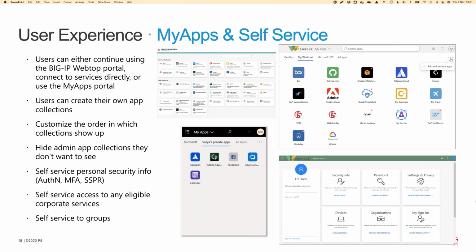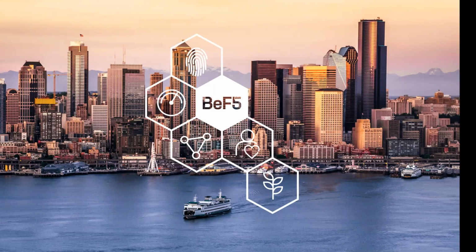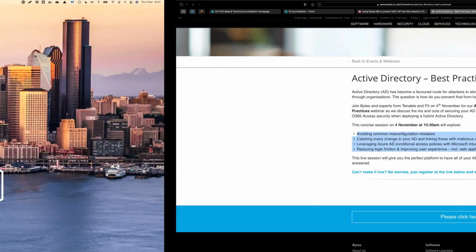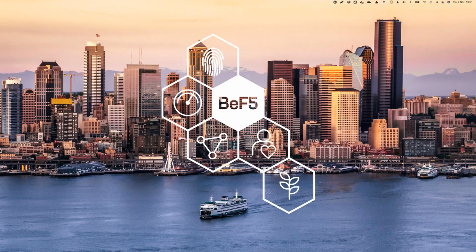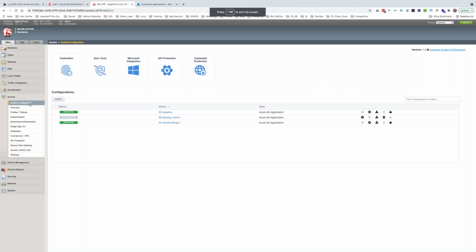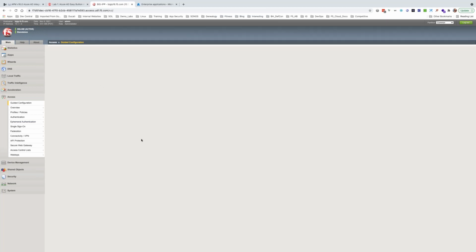So if I just quickly break out of this, I think I've got a couple more minutes. I'll very quickly show you what we were talking about. If I can find my right screen, let's have a look. Here we go. So this is the guided configuration within F5, and you can see here we have a Microsoft integration button. So if I just go on to one of the applications I've got here,